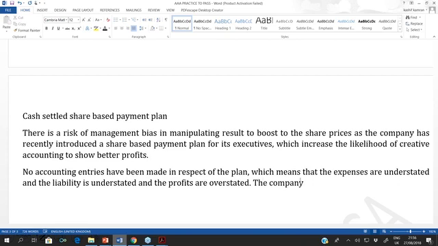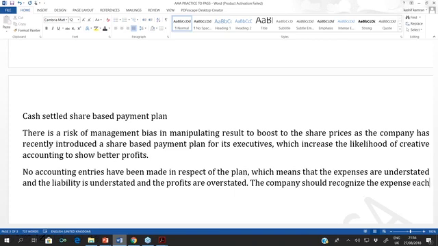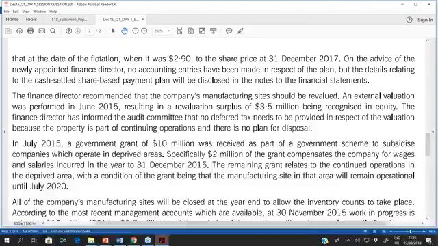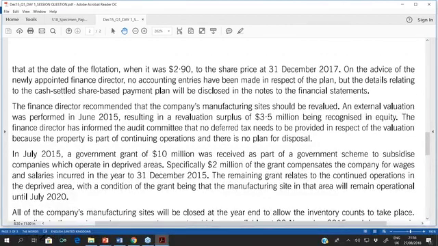The company should recognize expense each year, taking into account the fair value of the shares at the year end, which is how much? What is the share value? They offered them at,